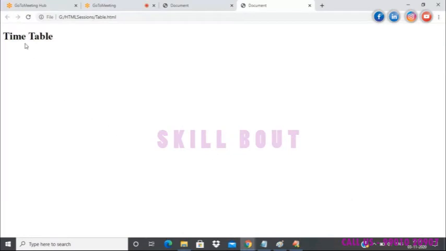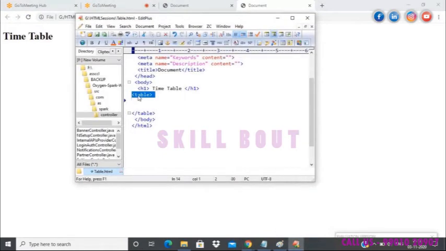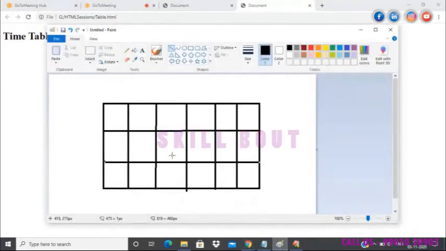See here, I do have the content called timetable. But as a matter of fact, I said that the table tag alone will not create a table. Just because I have added the table tag doesn't mean that there is a table. I wanted to discuss another point with you, but I will discuss that later on. Let me proceed with what can be done and how everything has to be taken forward in order to create a table. As I said, we will have a timetable created, so it will be something like this.